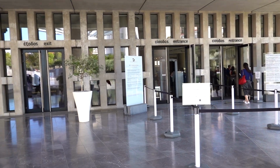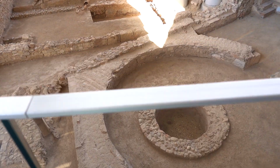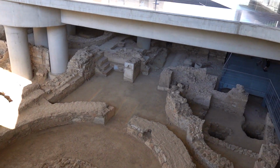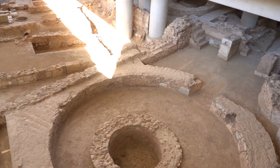Once you're on the inside, don't forget to come out and look down, because there are still things to be discovered here. There is a way to get to it from that platform. It's level -1, but